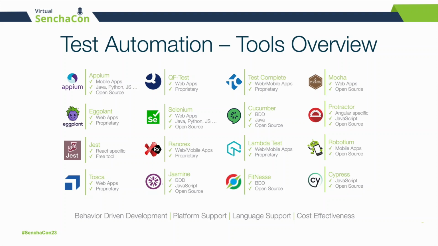For example, we can count upon again on Cucumber, Selenium, Appium, and there are a few proprietary tools, which means we need to pay for the license to use those tools, like QF Test, Ranorex, TestComplete, and these licenses may depend on individual license or as a whole,